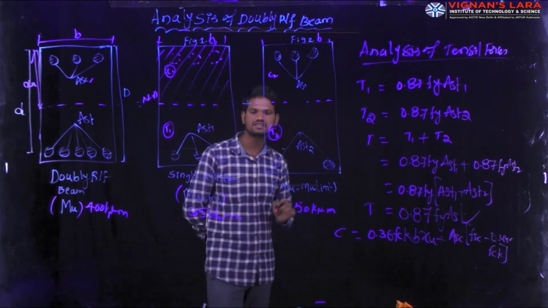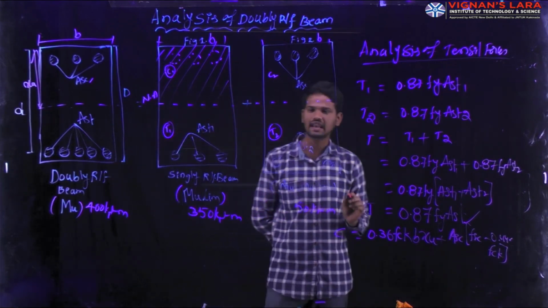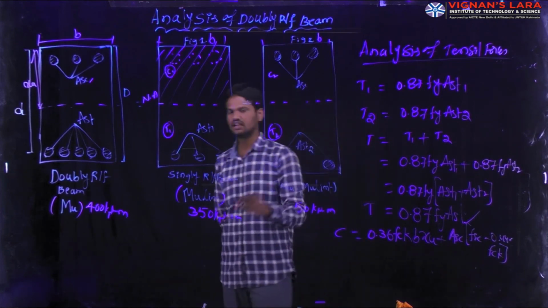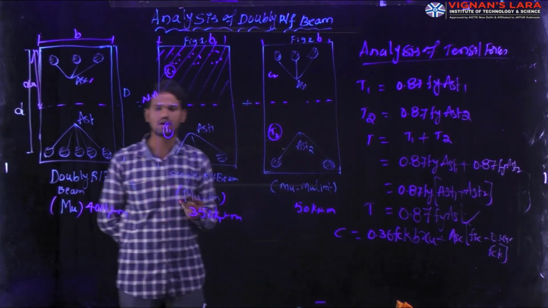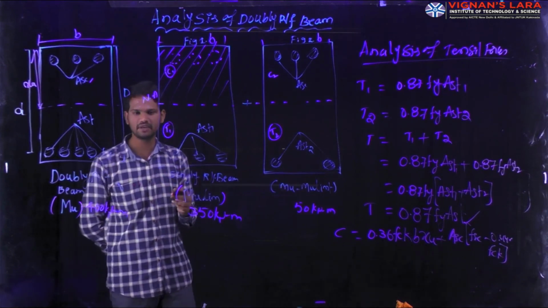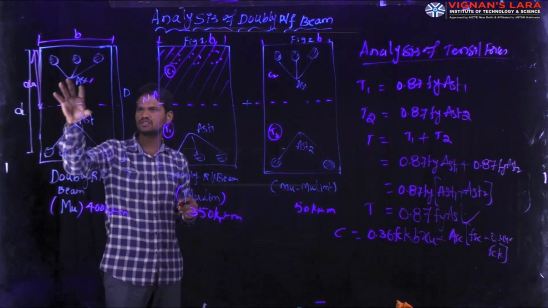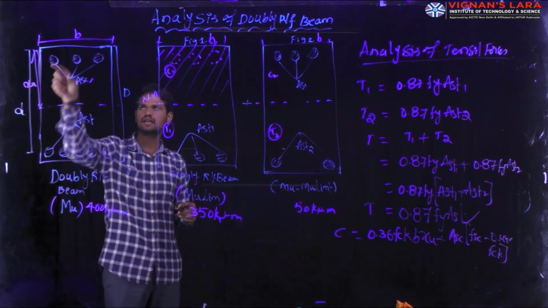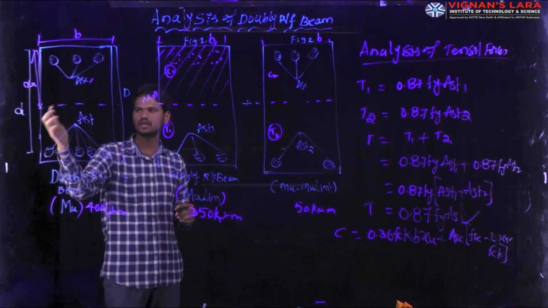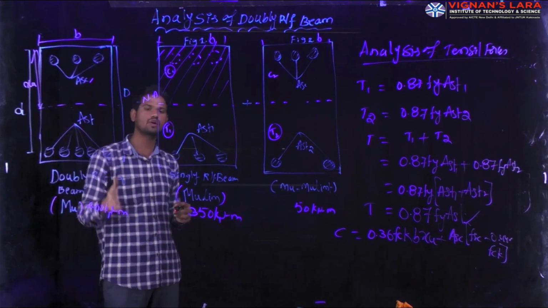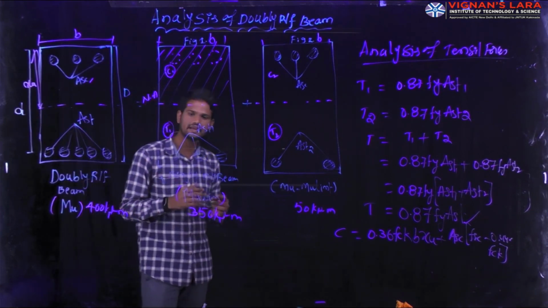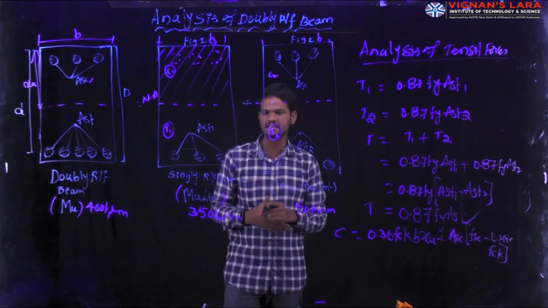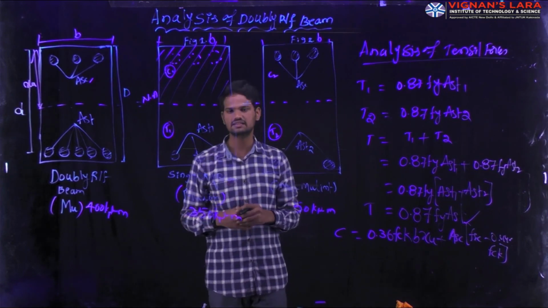Up to now, this is the discussion of the analysis of the doubly reinforced beam section. In the next session, we will calculate the moment of resistance of the beam for the doubly reinforced beam. That means, keeping some fixed values, the width of the section, total depth of the section, M20 grade concrete, Fe415 grade steel, what is the limiting moment the beam can carry, that we will discuss from the next session. Thank you.